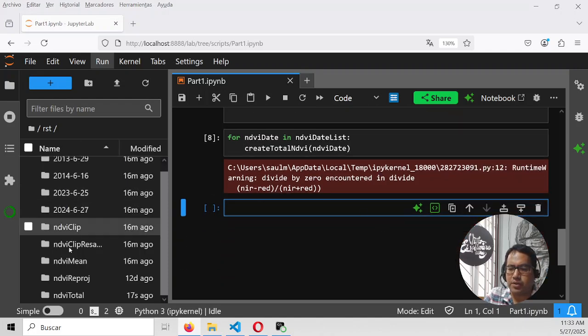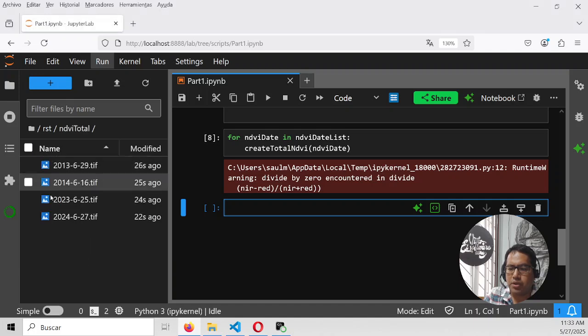So we have created an NDVI for all the 4 dates. Okay, and that is amazing. Great. So now we have to reproject the raster. And why do we have to reproject the raster? Because we are going to work in UTM, because we are going to deal with the pixel size. The pixel size when you are working in geographical coordinates is awful. So we want to work with meters as the unit length. Okay, so for that we are going to do